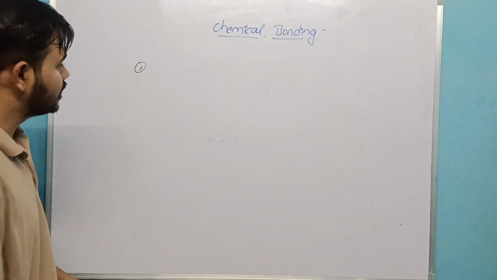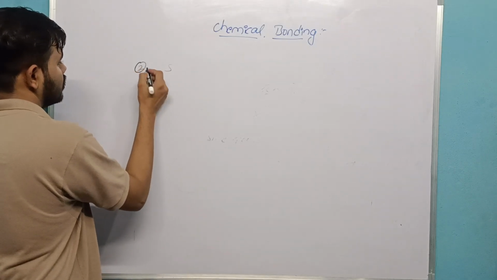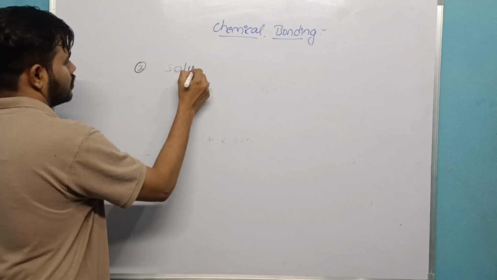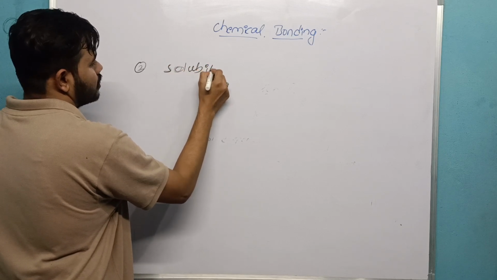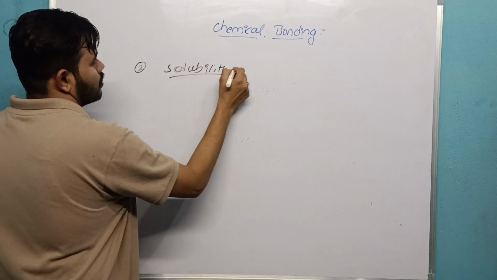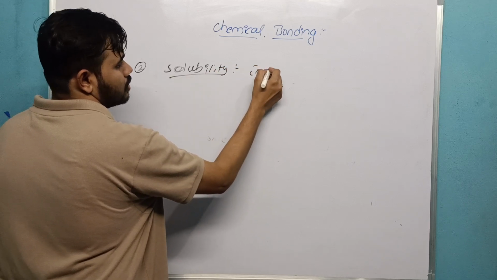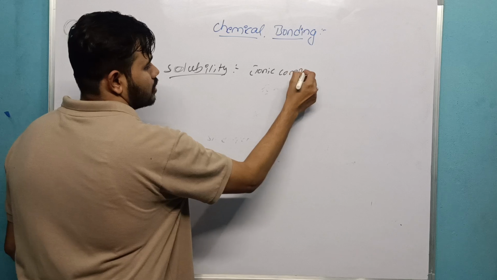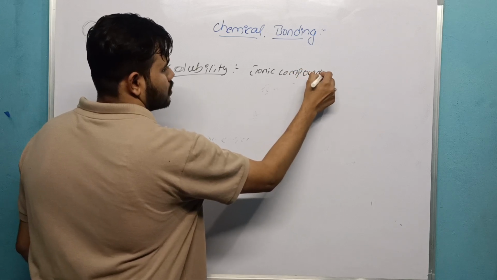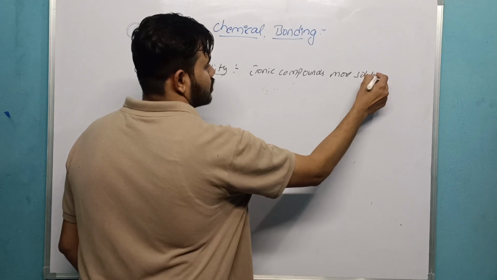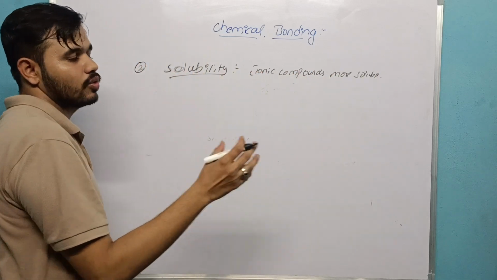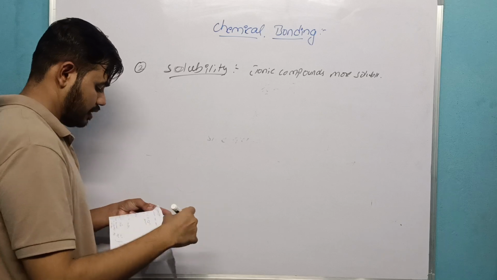Now, solubility, number 2. Ionic compounds are more soluble. You know that more soluble means covalent character will be more. Example